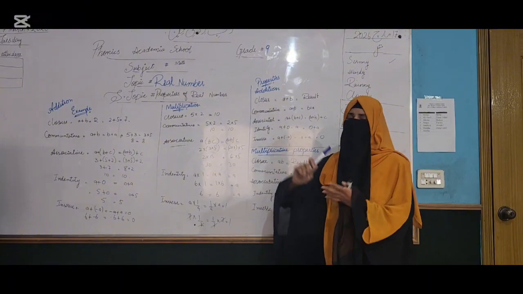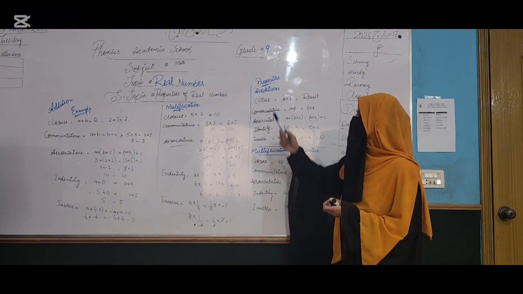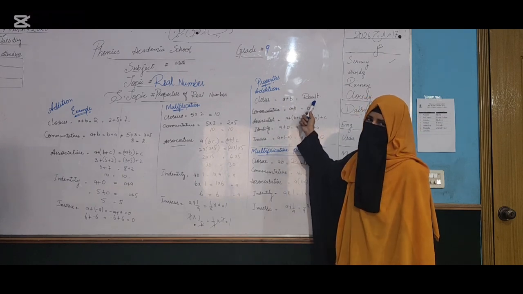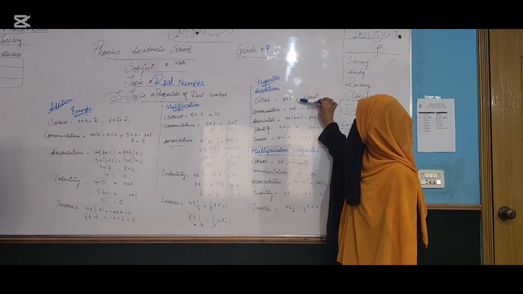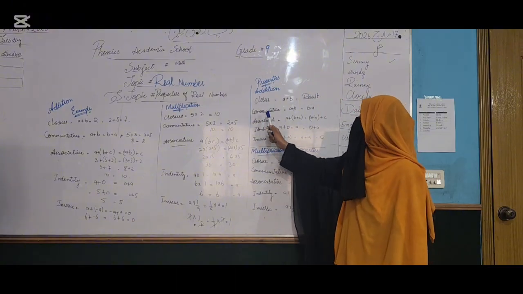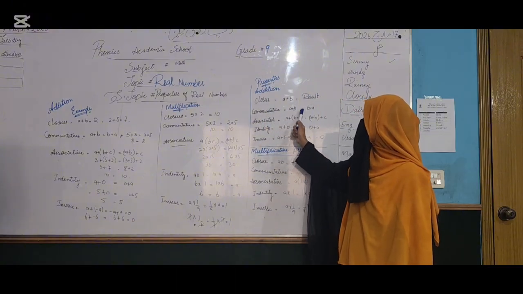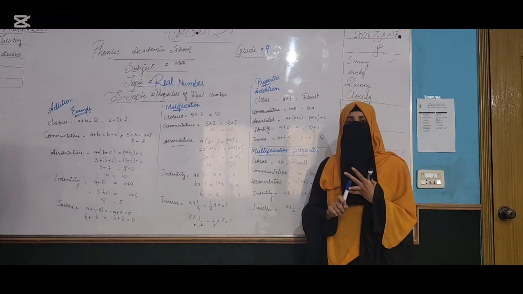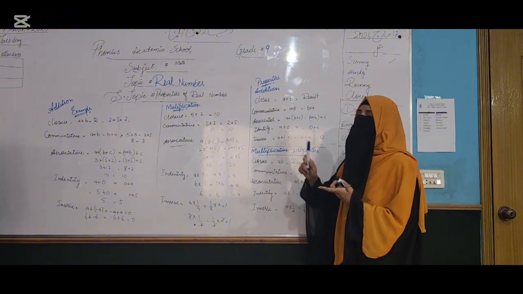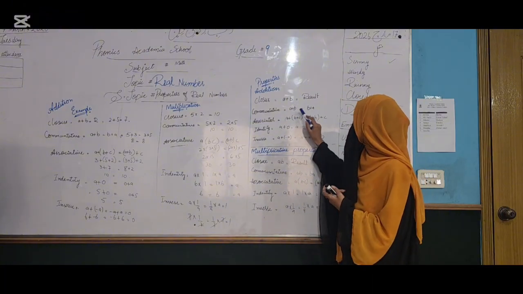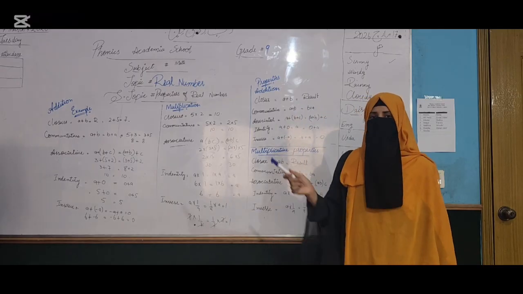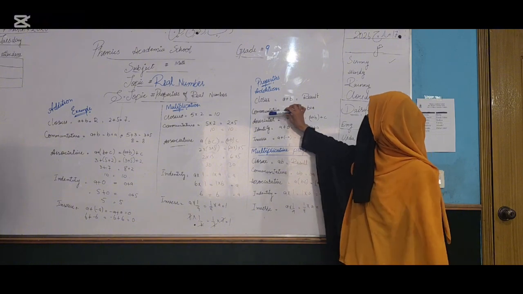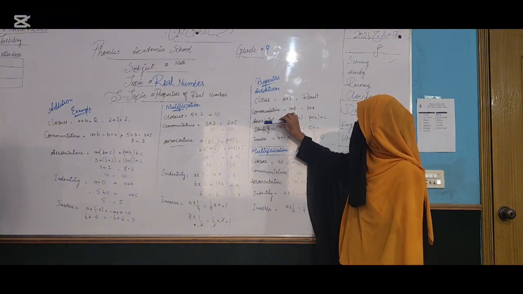So students, firstly we see what the properties of addition are. Students, look at this. First is the closure property, in which a plus b is equal to a result. When we only have a plus b equal to a result, it is known as the closure property. Commutative property is a plus b is equal to b plus a, which has two sides, left hand side and right hand side. For example, a and b are to be added, and a plus b and b plus a are equal to each other. When two sides have two values and both sides are equal to each other, it is called the commutative property of addition.